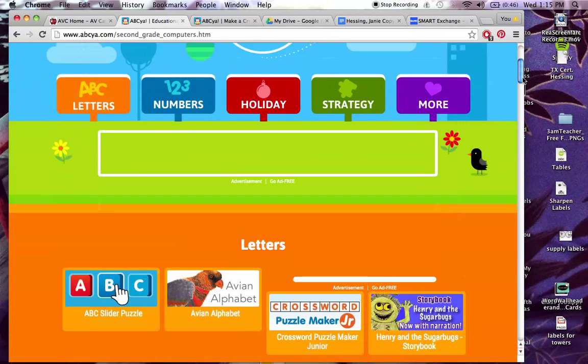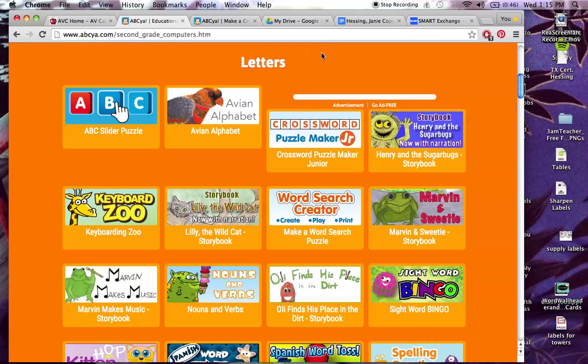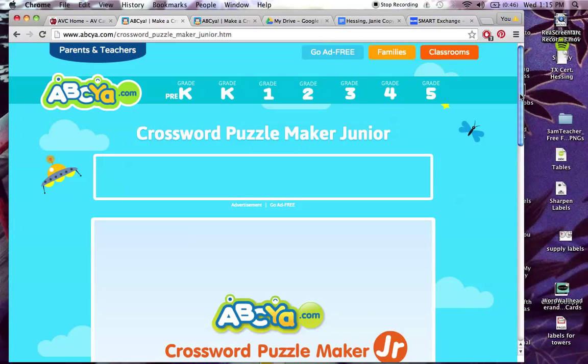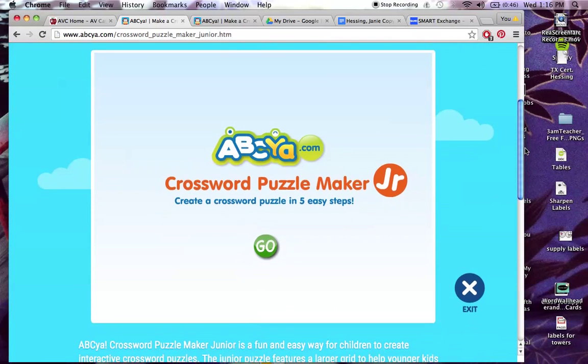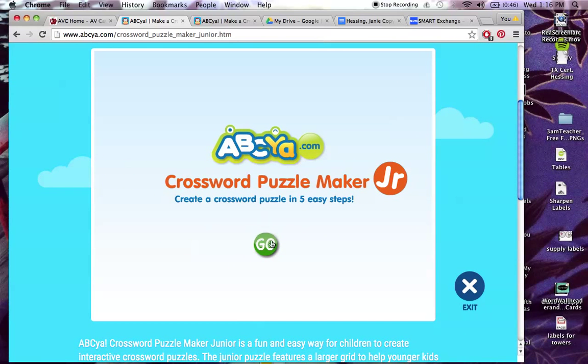Okay, from there, you're just going to scroll down. You're going to see lots of different things under this title letters. Now, the third game over is called Crossword Puzzle Maker Junior. That is what you want to do, so you're going to want to click that. Okay, now scroll down so you can see that whole screen, and you're going to want to click the green